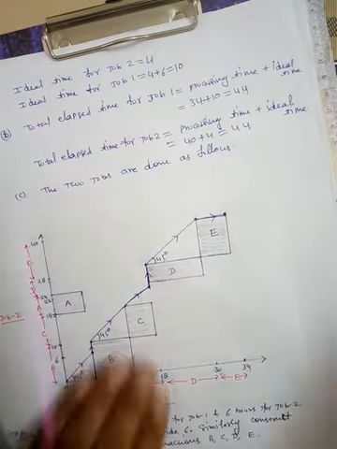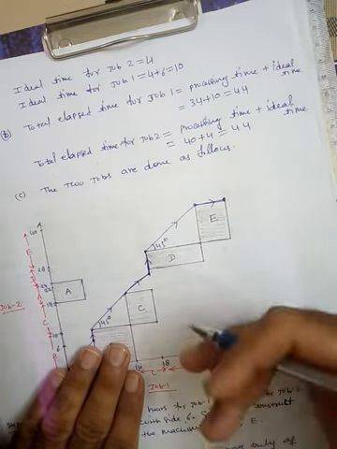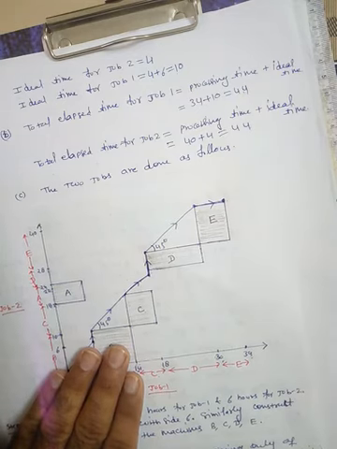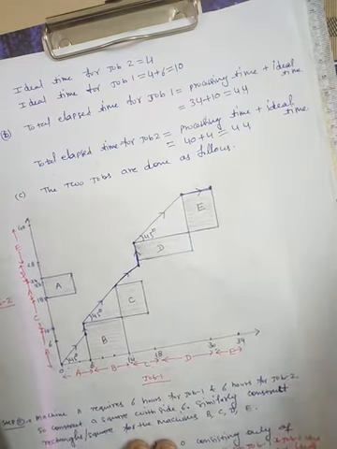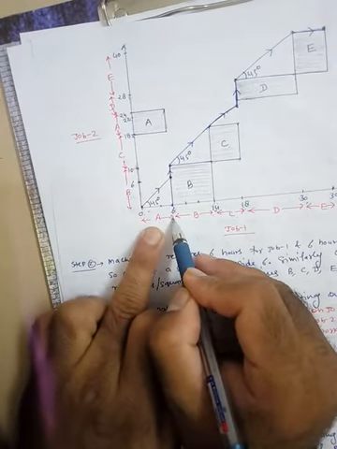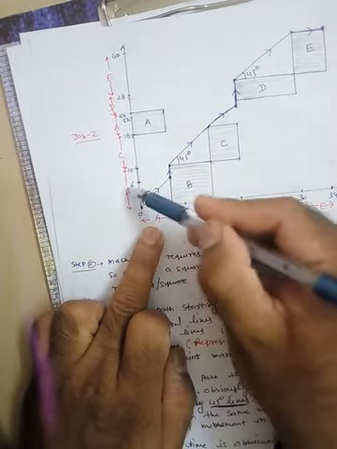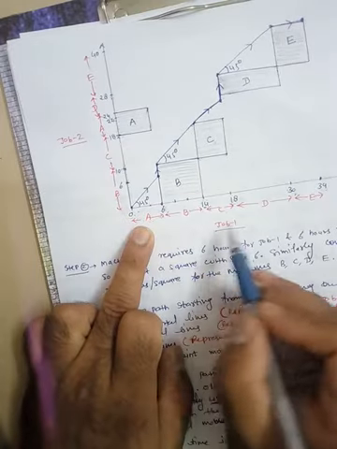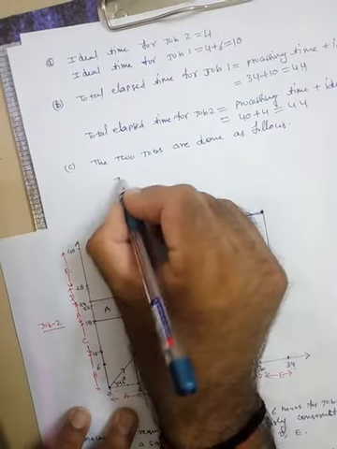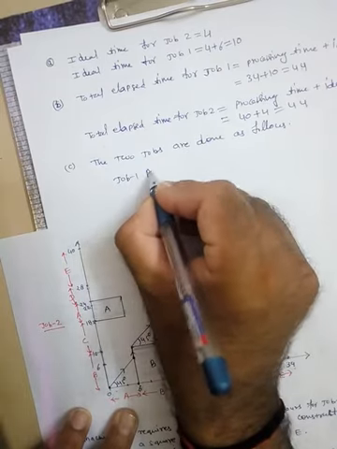What will be the sequence? That means which job proceeds first on machine A and so on. So here is the solution. This is the graph, so we will use this graph. Now you can see that this is job A. Here is job B. So that's why we can say that job 1 proceeds first on machine A.